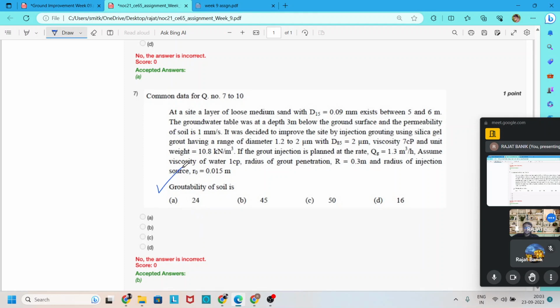The question says that at a site, a layer of loose medium sand with D15 equal to 0.09 mm exists between 5 and 6 meters. That means the loose medium sand exists between the 5 to 6 meter depth there. We need to improve the ground through grouting. The groundwater table was at a depth of 3 meter below